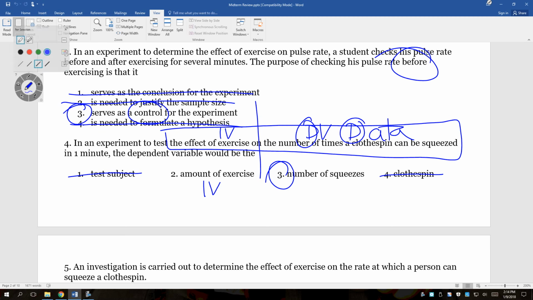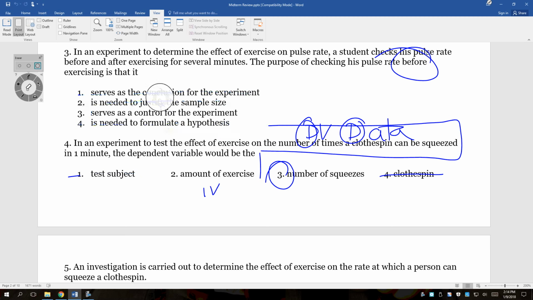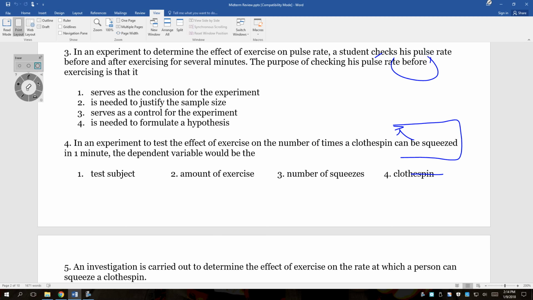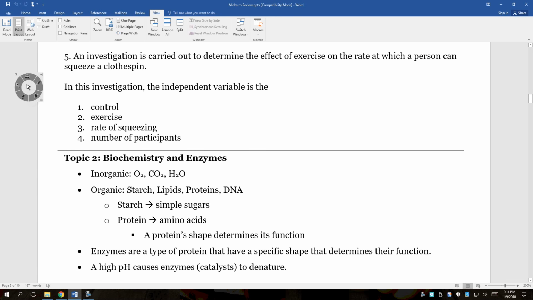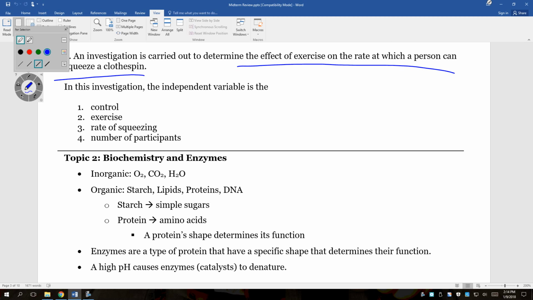Scrolling down, we've got number 5. Again, looking at those concepts of independent and dependent variables. Read through the entire statement. It says an investigation is carried out to determine the effect. Second I see effect, what I do is I underline that statement because that's going to be really important. It says the effect of exercise on the rate at which a person can squeeze a clothespin. Again, I divide that kind of into